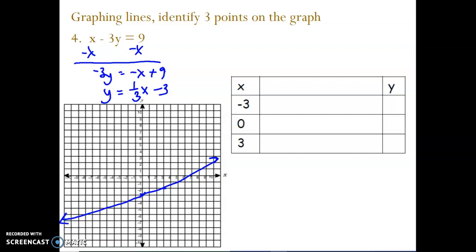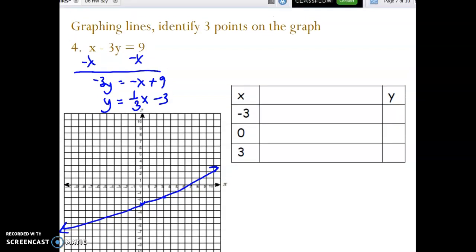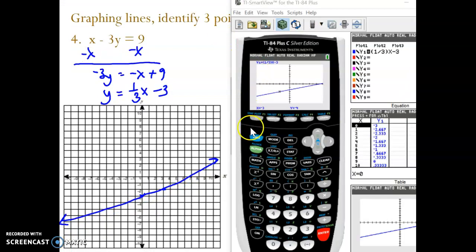Okay, let's substitute in our values using the calculator again like we did before. Okay, I've already got this one in the calculator for us. So second trace, we want to hit value, and the one we want to do is -3. So you can see that one is going to equal -4. So -3, -4, if I were very good at graphing, would be on my point. But because I'm drawing it by hand, it's not